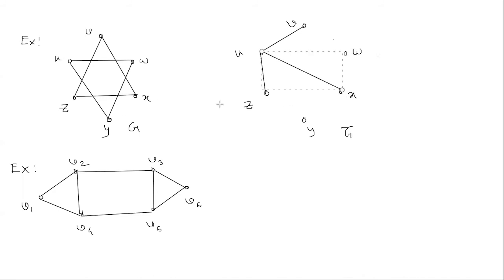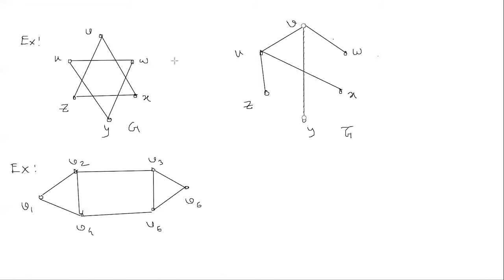After that, if you consider V, so VU is connected in G bar. VW must be connected because V and W are not adjacent in G, so they must be adjacent in G bar. Then V and Y are not adjacent in G, so we'll consider V and Y. There is an edge between V and Y in G bar. Next, so UV, VW and VY are connected.